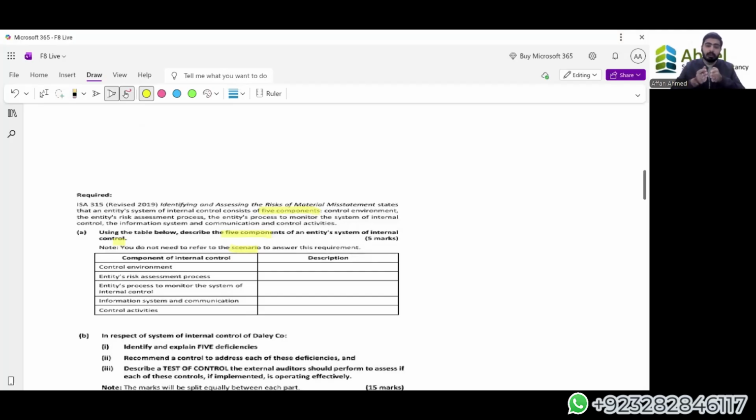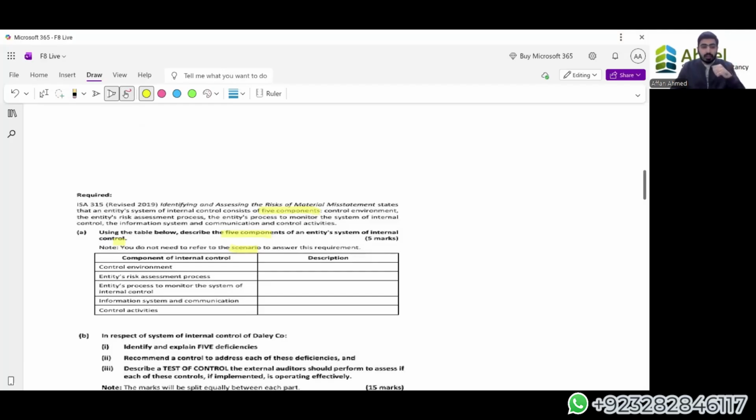A higher risk of material misstatement in the financial statements results in a higher audit risk. When there is a high audit risk, the auditor might not take the engagement into consideration. Or if they take the engagement, they have to work very promptly and vigilantly, because there are multiple errors in it. Higher misstatements result in a modified audit opinion, which also reflects a bad reputation of the company. So we have to be careful that a small area of the control system is going to impact the audit significantly.